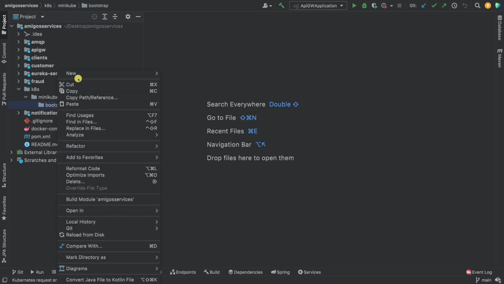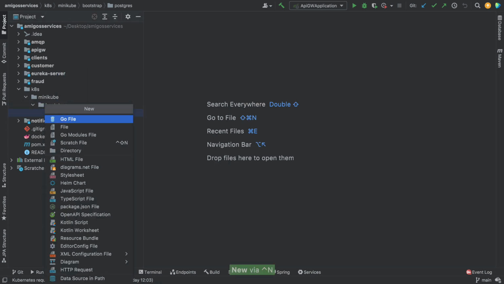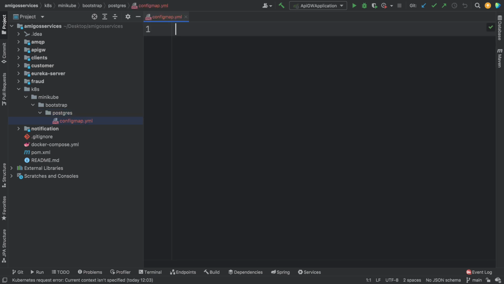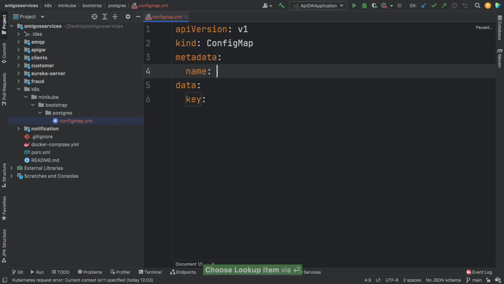So let's have one folder for Postgres. And within Postgres, let's create a new file, and we're going to call this configmap.yaml. So this is where we're going to add in the Postgres user as well as the password. And here I'm going to say k, and you can see that I get some auto completion because of the dependency that I did install. And what I want is the Kubernetes config map. And the name for this will be